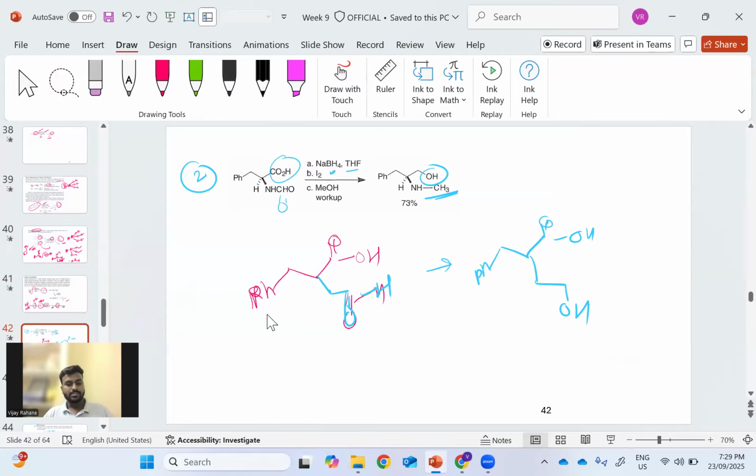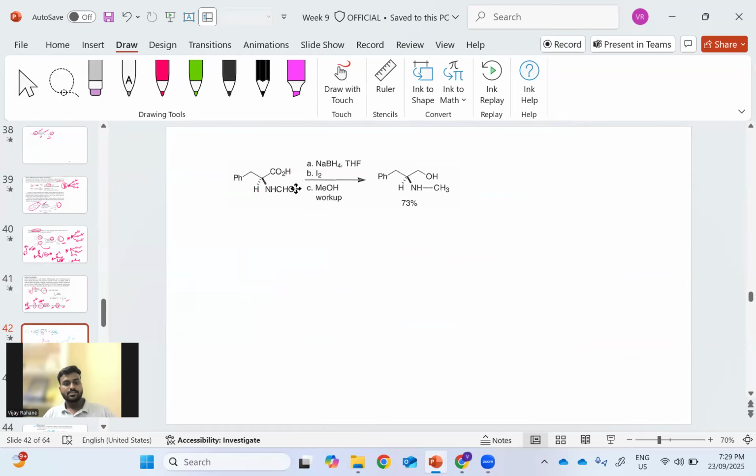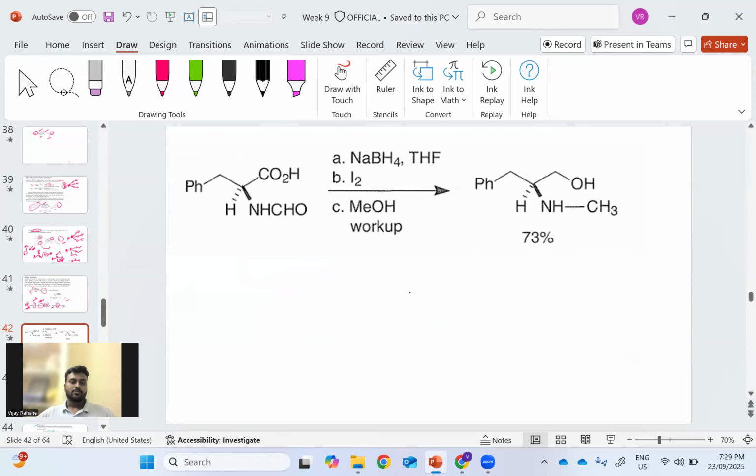Here you can see some examples. So let's say in the product we have the acid. Further, in this case, we have the NHC double bond O H. So that's the aldehyde attached to the nitrogen. So in this case, if you add the